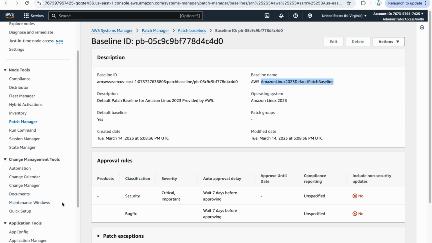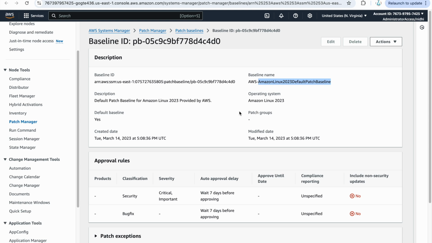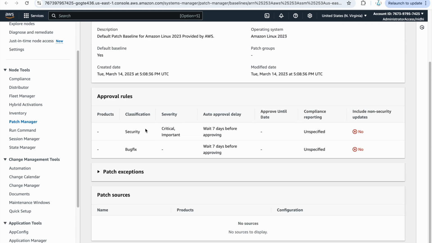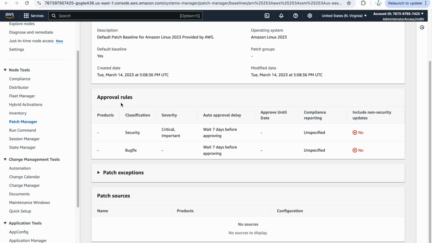So that is all provided by AWS. It automatically recognizes which instance type, which OS it has, like 2023, Ubuntu, Windows, and based on that it will apply the default patch baseline for that particular instance type. And then you can see here, this is the default patch baseline, and it has the approval rules also.